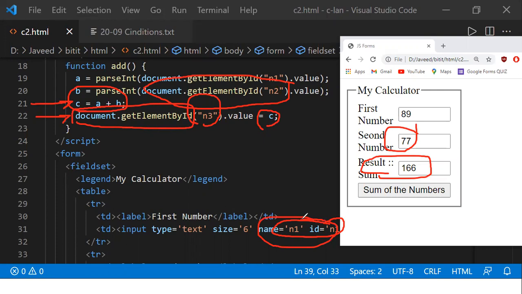Let us not worry about the name attribute. We are talking only about the ID attribute. Generally, remember, whenever you have a form design, it is better you define the name attribute and the ID attribute. As a small introduction, the name attribute is used for server-side programming. Whenever you write server programming, the name attribute is very helpful for you.